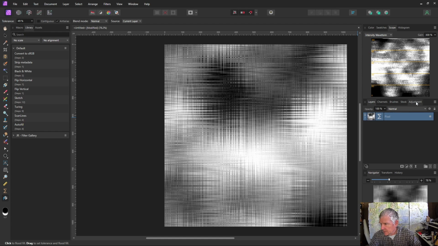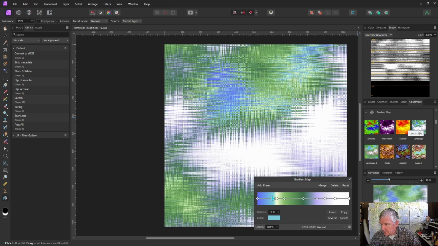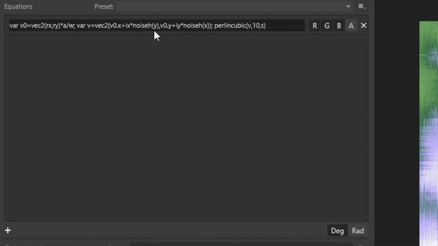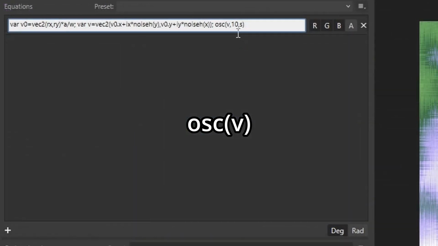To make this look a little cooler, I will add a gradient map on top of this, and I just thought this one looked sort of good. Notice that I'm going directly to the pixel level so that every pixel will have a different value of noise added to it. Now I could change from perlincubic into, say, an oscillator just to see what that looks like,